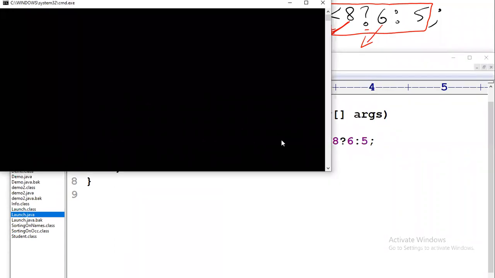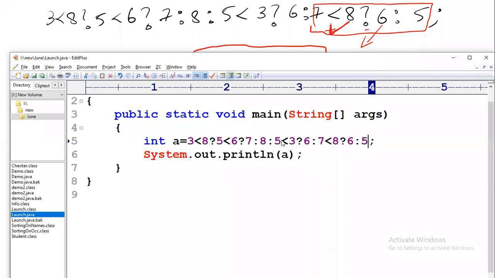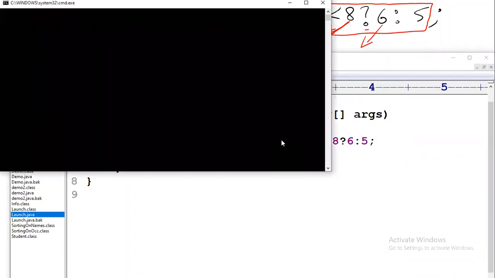Compile, and when I execute, the answer should be 7 as we have deduced. Very simple program, very easy to understand.